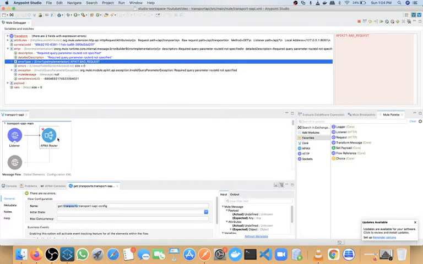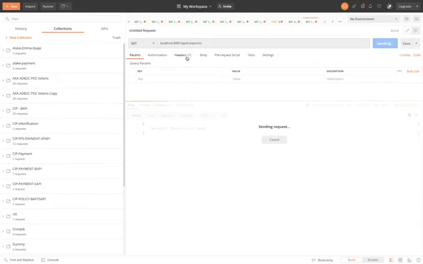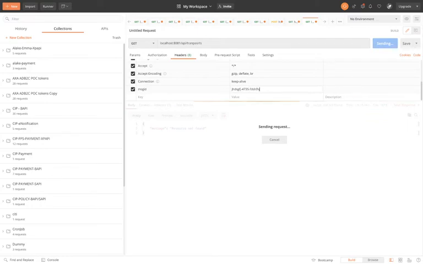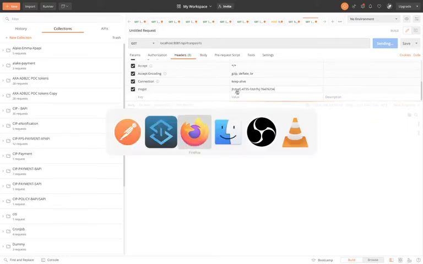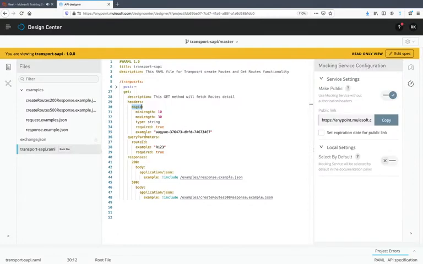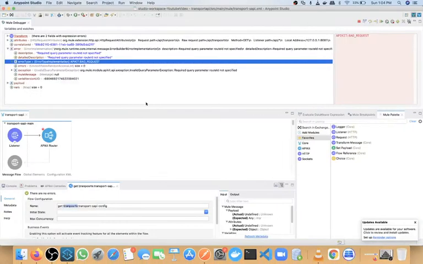Where do we need to configure this? In Postman. I need to add one header. The value I will use, any random value for now. Second thing, we have one more required true for this query parameter, so I need to define this query parameter also.